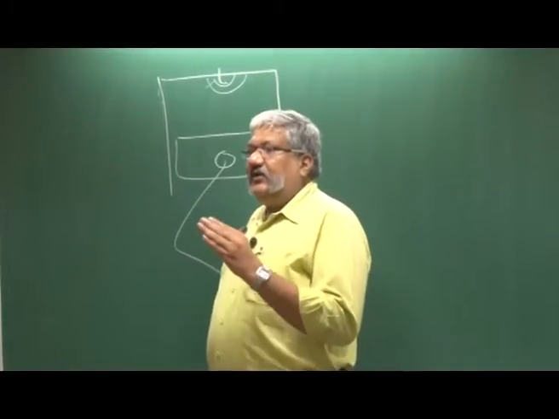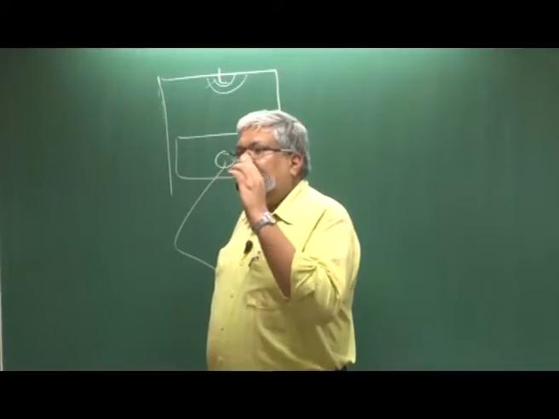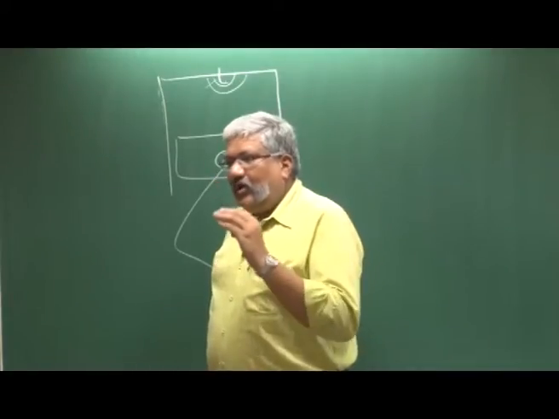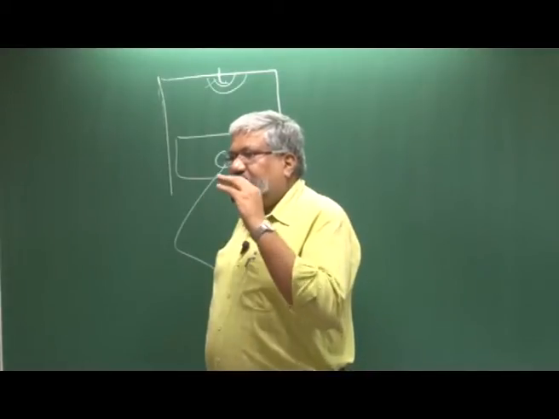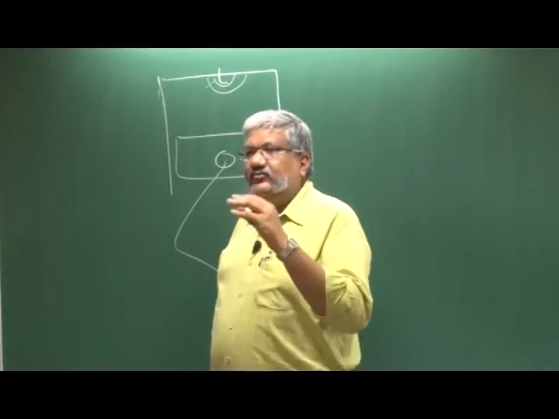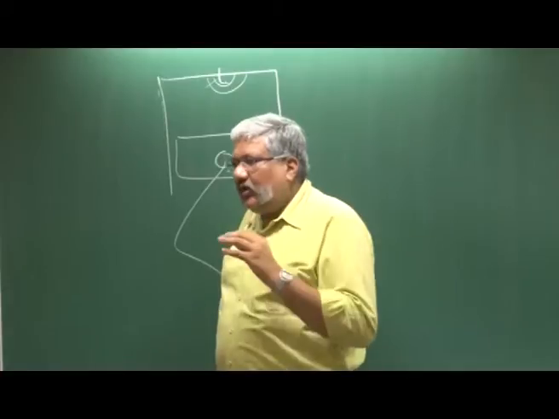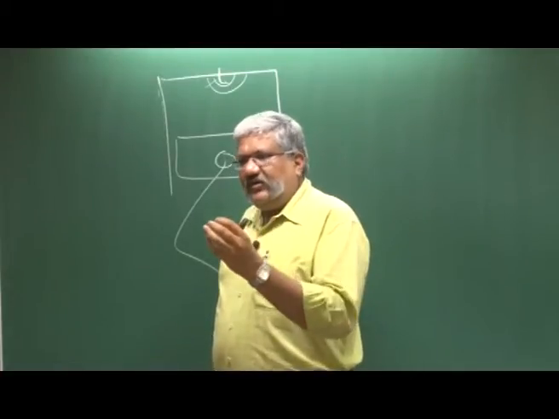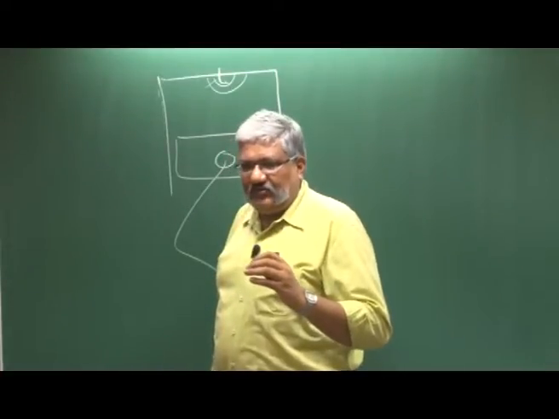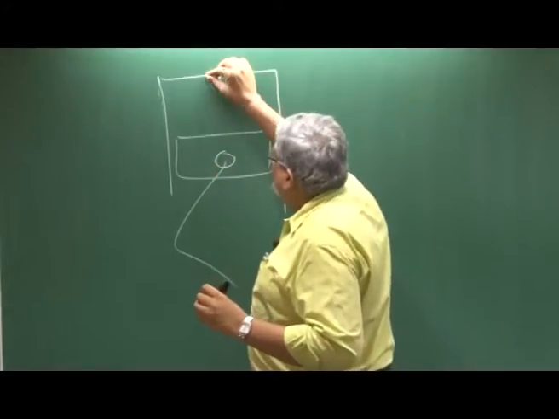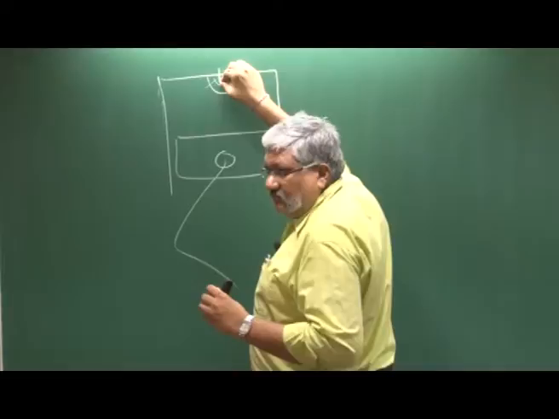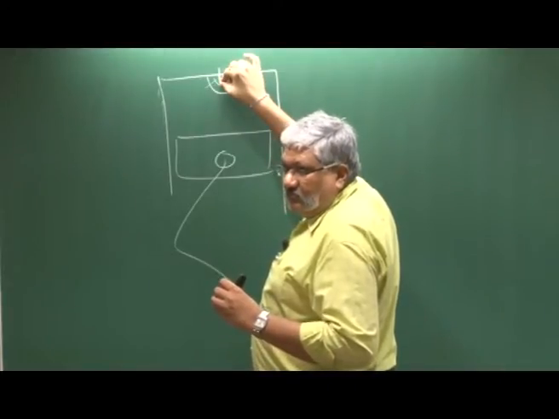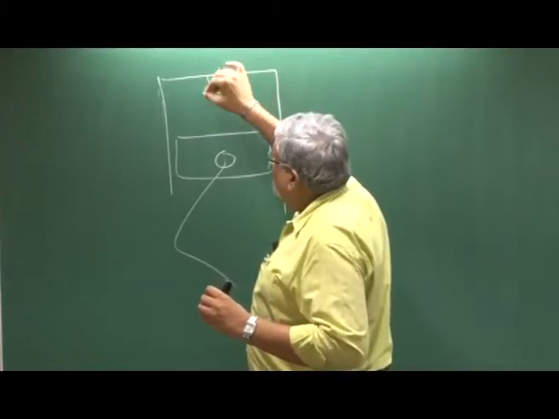Flame is nothing but a very thin chemical reaction zone where the chemical reaction is happening. What is that chemical reaction? It is the oxidation of fuel and air into carbon dioxide and water. It is a very thin zone, about 0.5 to 1 millimeter thick, that is about it. So, suppose there is a flame here, what is behind the flame? Carbon dioxide and water. What is ahead of the flame?